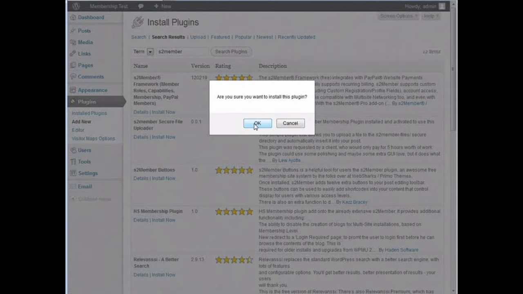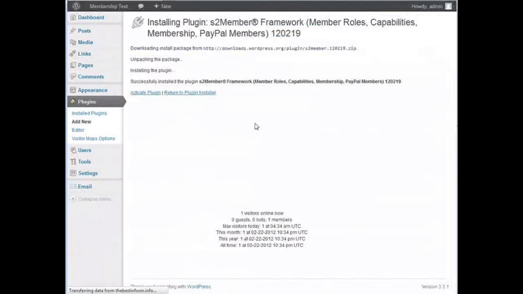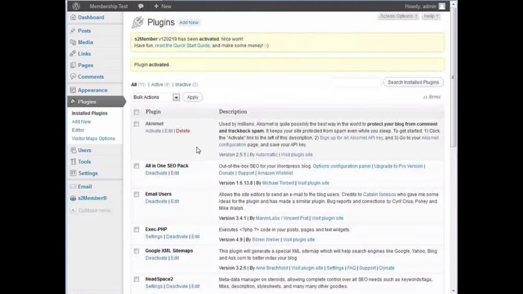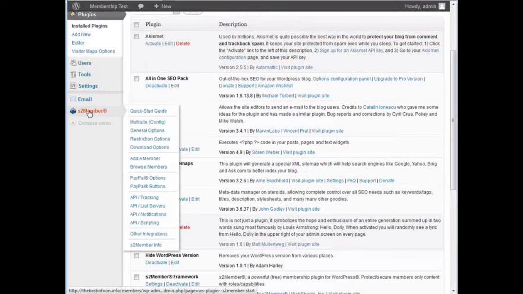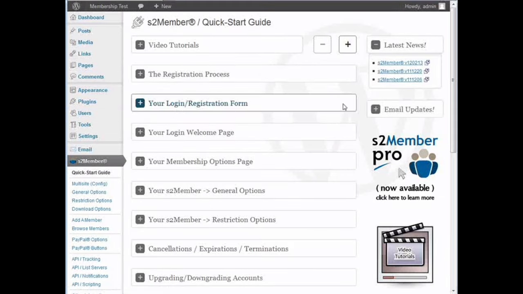And install. And activate. Okay, now what we need to do is go down to the S2 Member tab down here. And we need to set a few things up. So if we go down to General Options here,